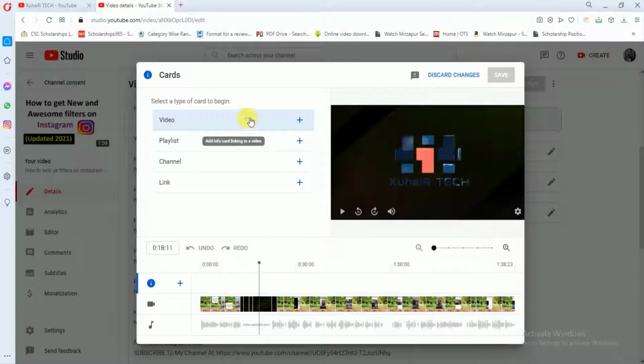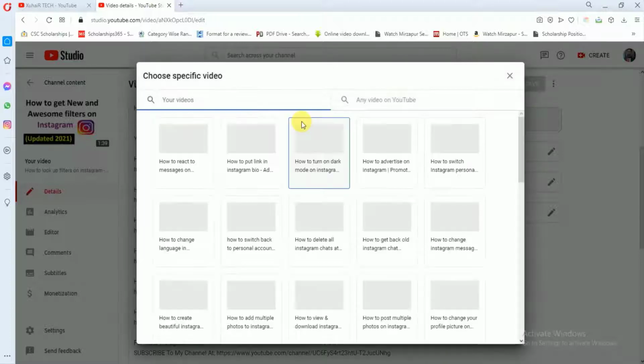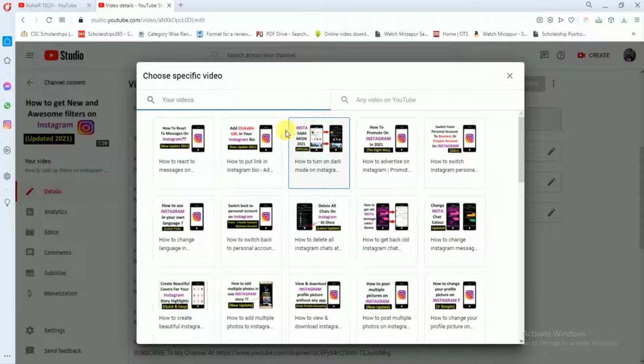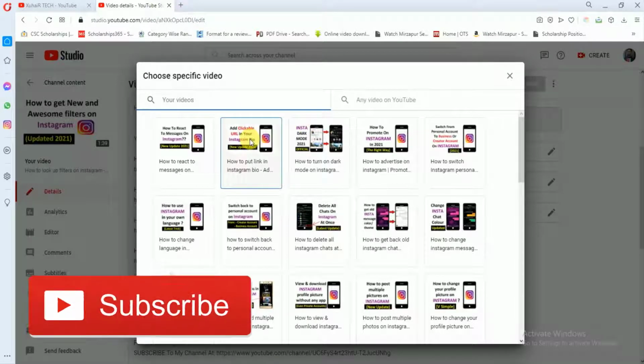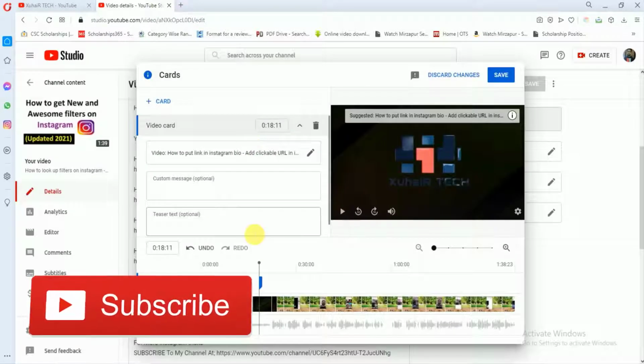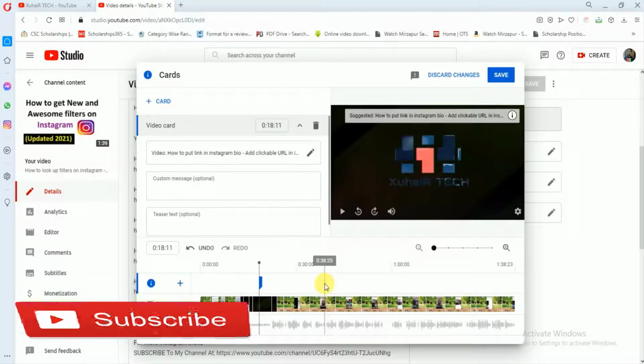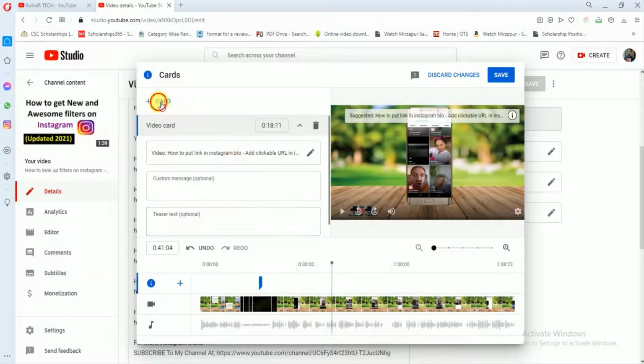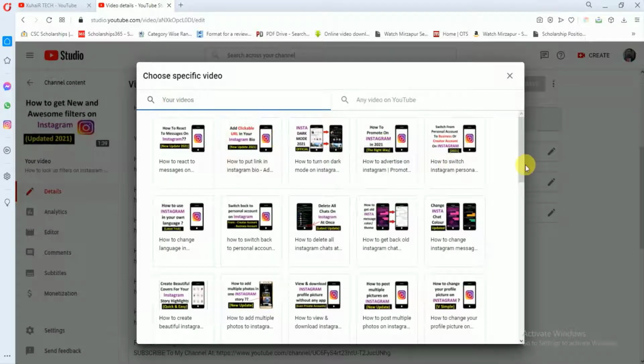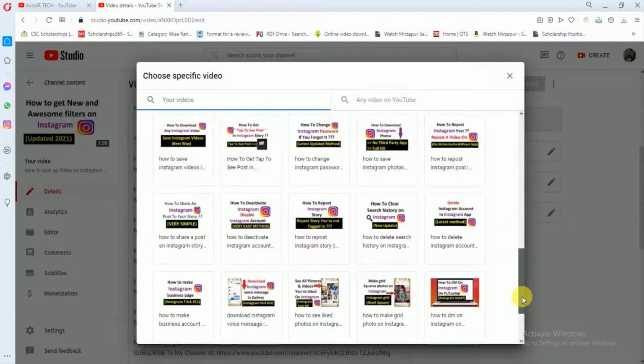So I will click on this video, and after that I will select any of my video. So I will select this one, and here you can see this is placed here, and for placing another card I will just drag the position here, and I will click on this card. Okay, and again I will click on video, so I can just place any video from here, and many times